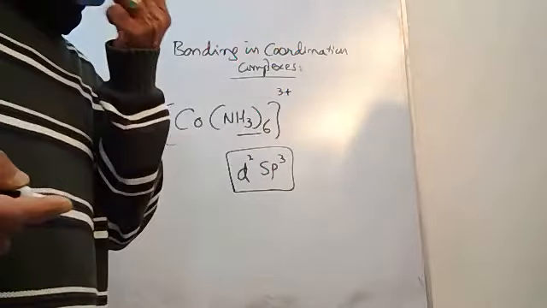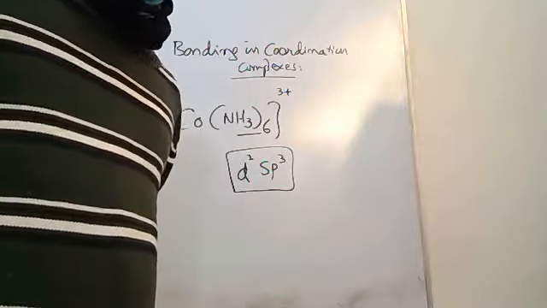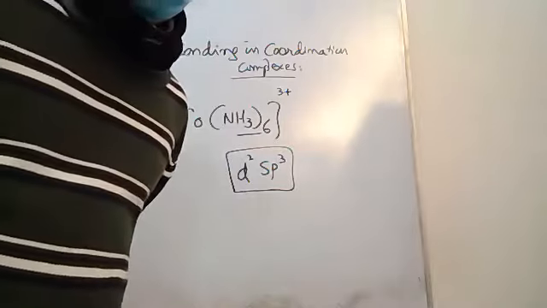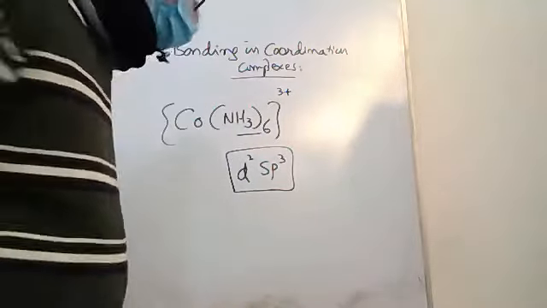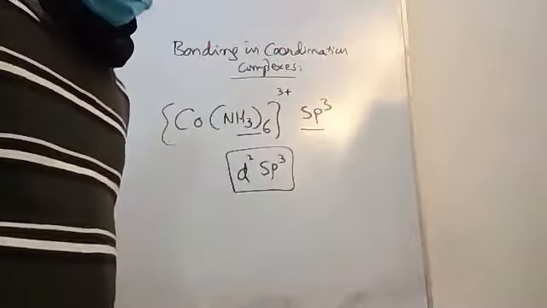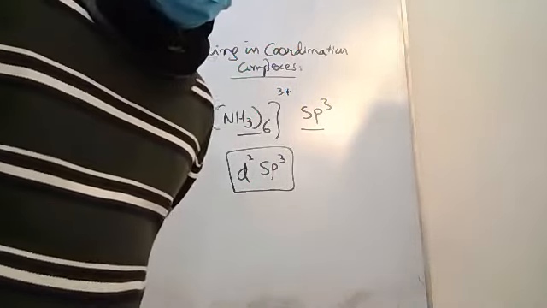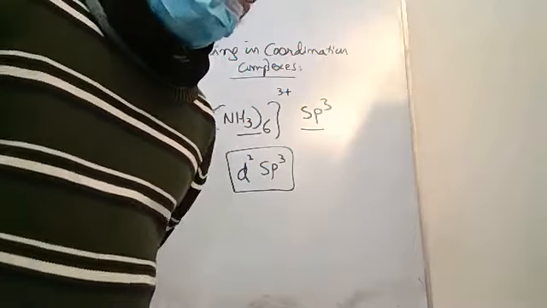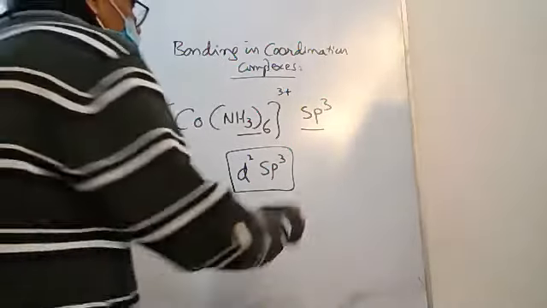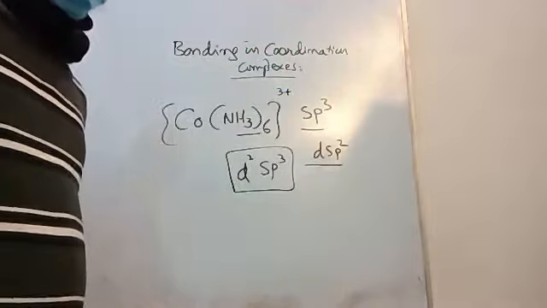You all know by now that complexes need not always be octahedral. Sometimes some complexes are tetrahedral, in which case Linus Pauling said we could use sp3 hybridization, just like you would describe the bonding in methane, right? And if you have a square planar complex, Linus Pauling said we could use hybridization of dsp2.